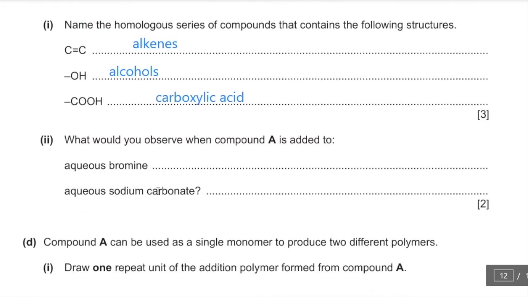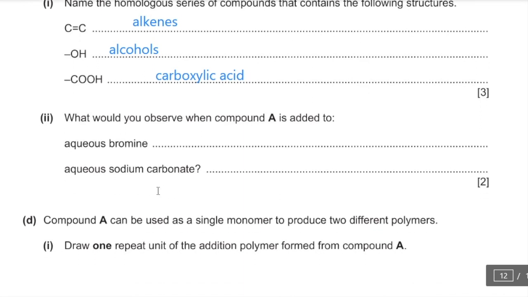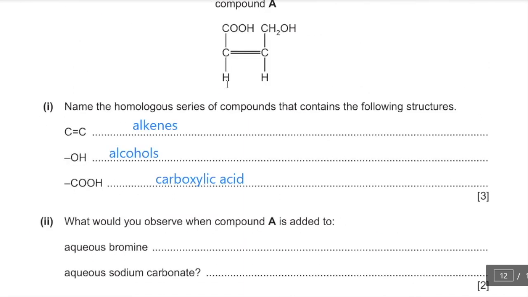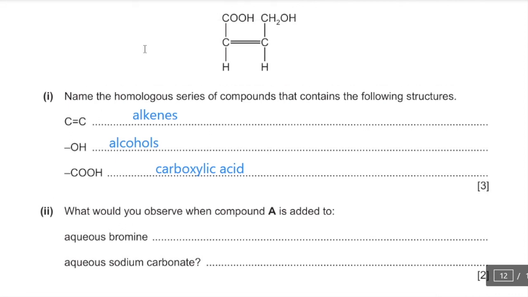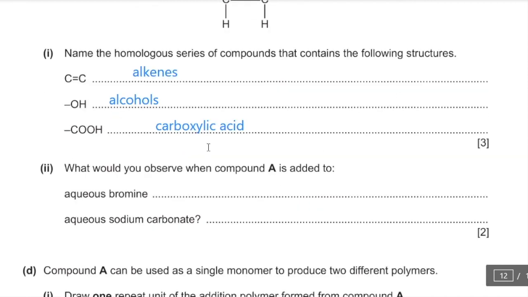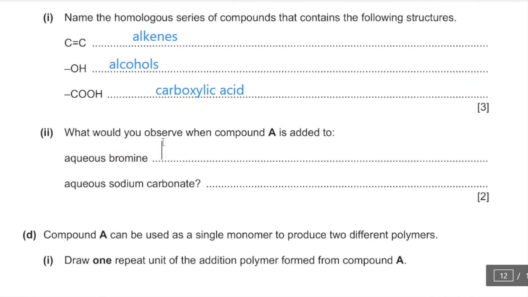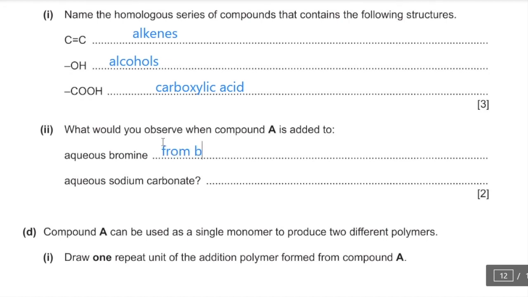2. What would you observe when compound A is added to aqueous bromine? You have a double bond which would open up and react with the halogen. So this bromine, which is originally brown in color, would turn colorless because it would be added to this compound. So the color change would be from brown